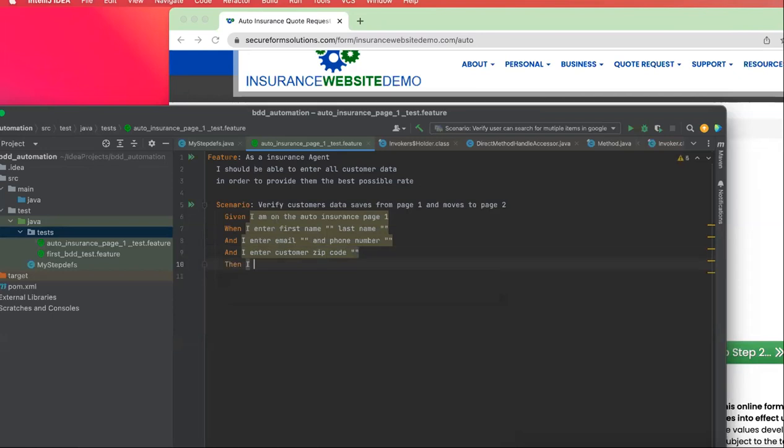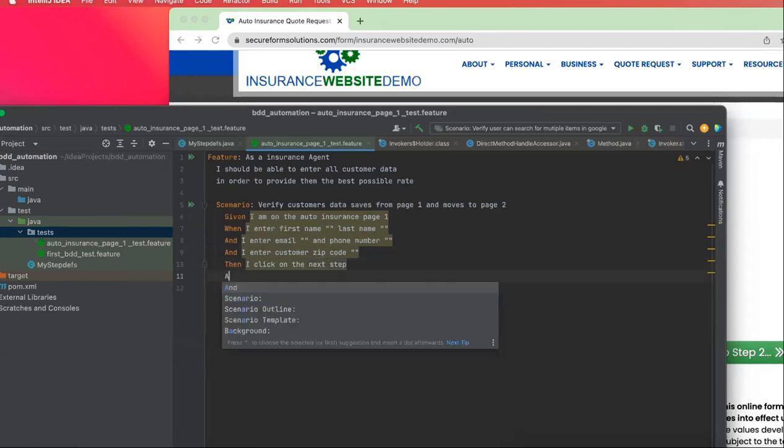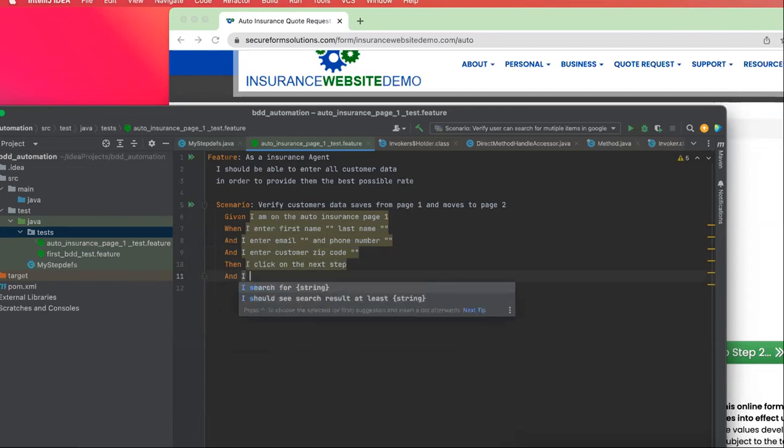Then I click on the next step, right? And I should see, then I verify, right? So it should be another then. Then I verify all prior data